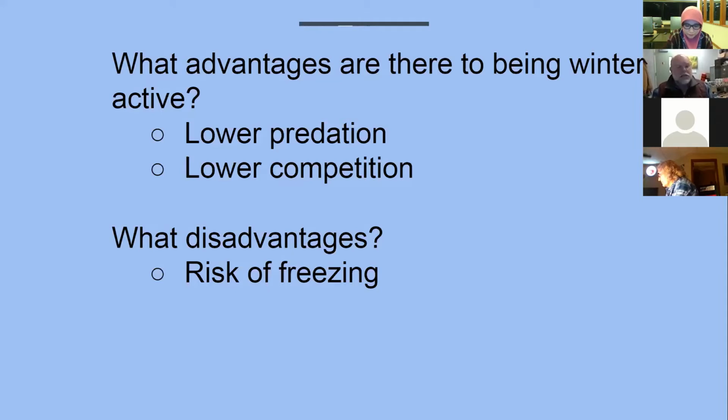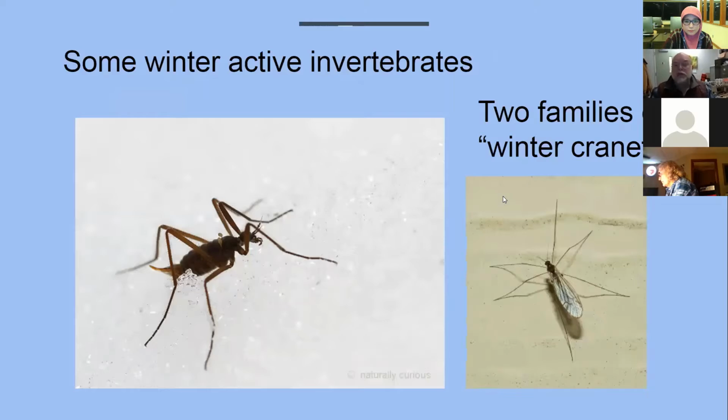There are some distinct disadvantages, though. There's a lot of risk to freezing, and there are some behavioral and physiological mechanisms that help them overcome that risk. So I'm going to show you some pictures of some different types of winter active invertebrates. Some of them will be insects, some of them are other groups of organisms. So the large image there is of a type of